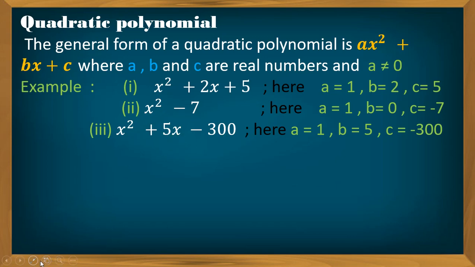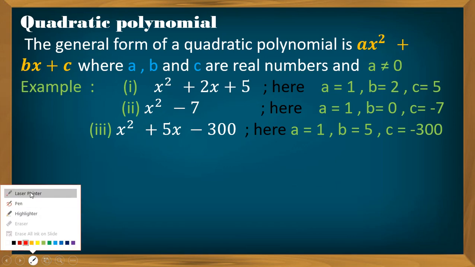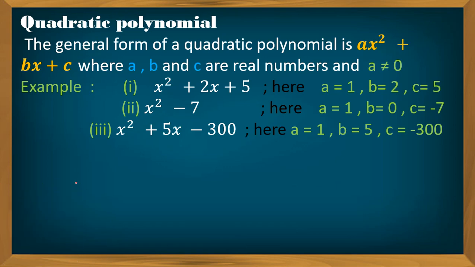Now, as we know, an equation is an equality, or we can say when two algebraic expressions are equal, then they become an equation. So how can we represent the equation? By using the equal to sign. That means the left hand side and right hand side are there and both are equal.